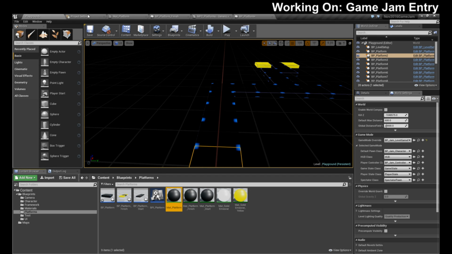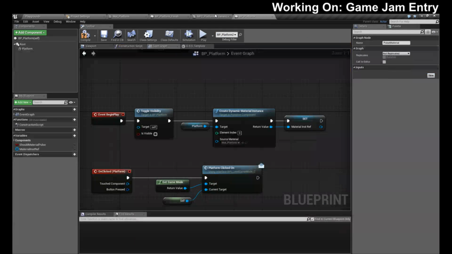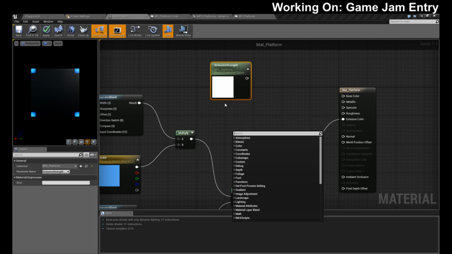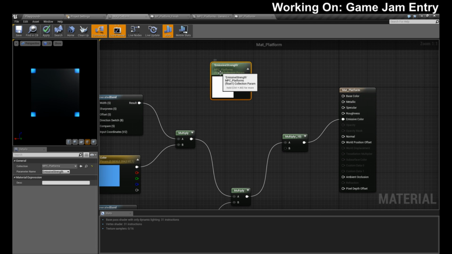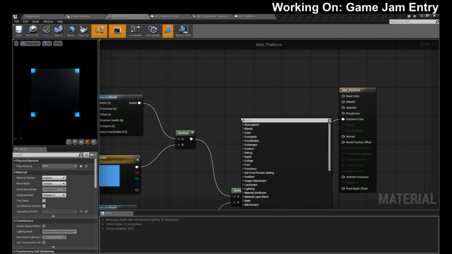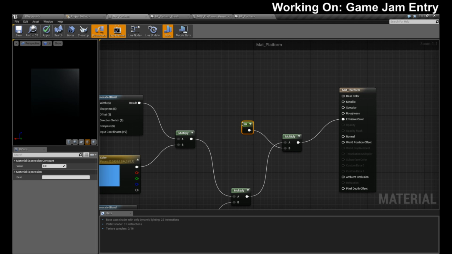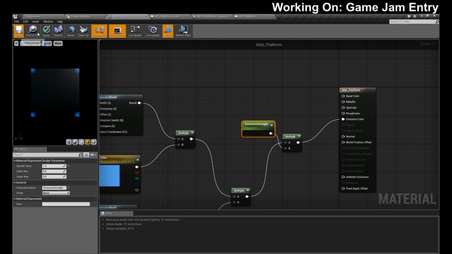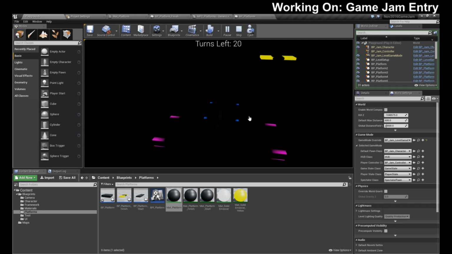Because I did a material parameter collection because I assumed. Yep, okay. So I see where I went wrong on this one. We'll unhook this for now. Actually, get rid of the NPC for now. It was because I was assuming I needed a parameter collection, but I'm only going to move one at a time. I bet you that's what went wrong. Okay, let's try this again, shall we? There we go.